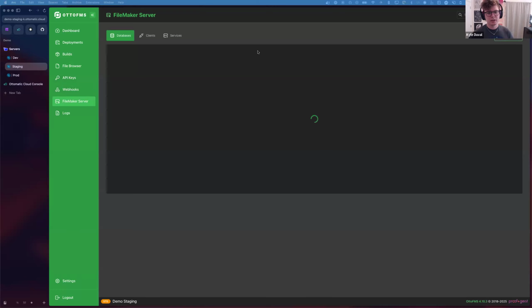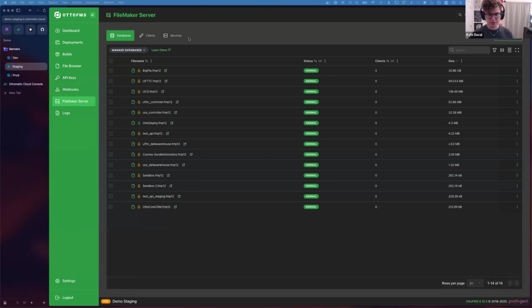So you can do database client and service management. A lot of the abilities that you have in here, there are some that do use the admin API, but there's a lot that is not available through the admin API that you can do. So you can move files around, you can download copies and clones, you can save files as XML, you can encrypt and decrypt files right from this UI, as well as pausing and closing and all that kind of stuff. And the services, you can start and stop the services on the server.